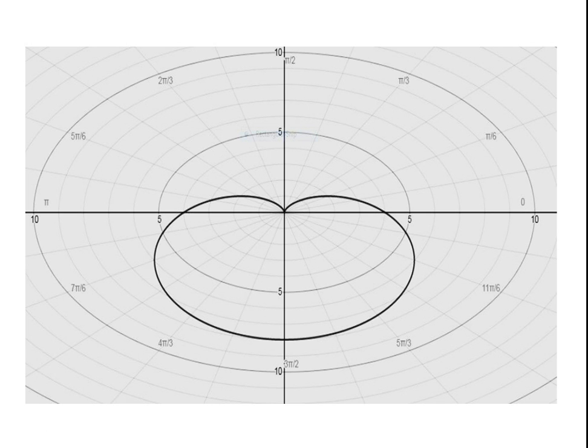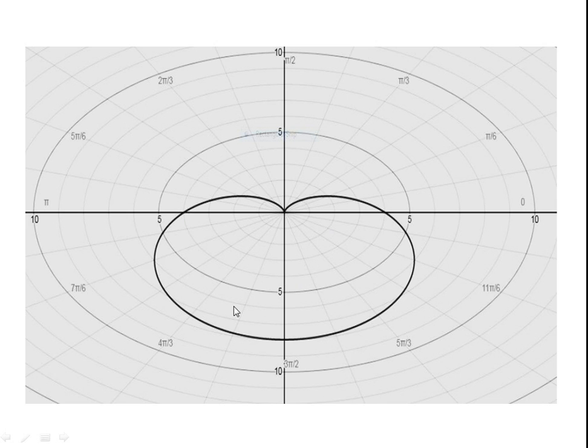So while drawing the curve, I have the initial line, which was this. This is the line theta equal to pi by 2, and this is the pole. The curve is passing through the pole, so this point will be there. The second point I have is 8 and minus pi by 2, which is here. In other words, you can write it as 3 pi by 2 if it is counted anti-clockwise. Apart from this, I have two more points. One is 4 and 0, and the other is 4 and pi.